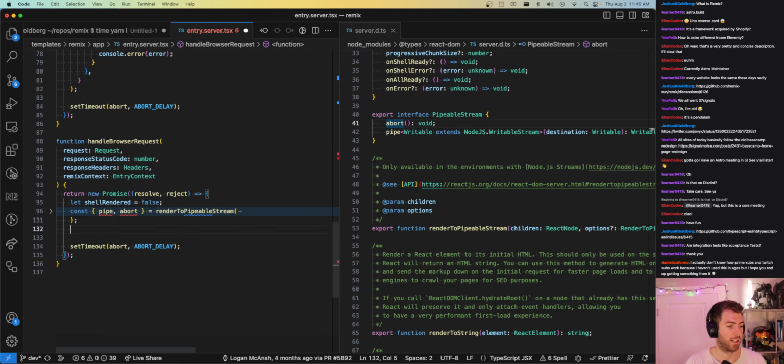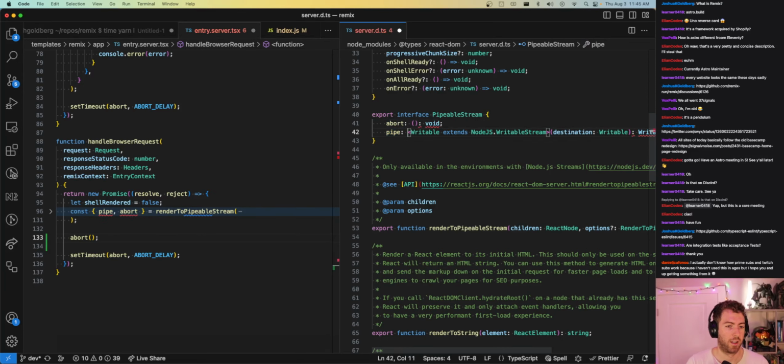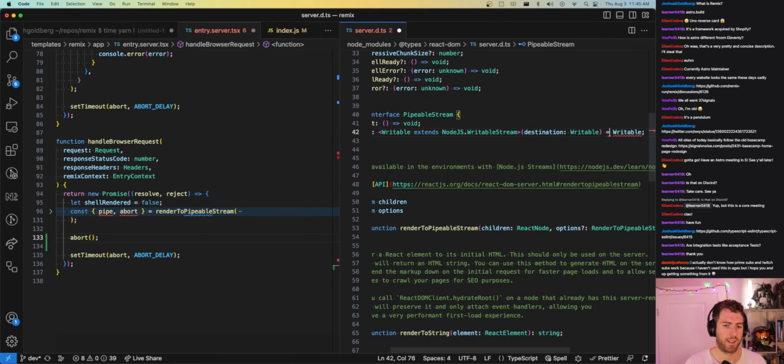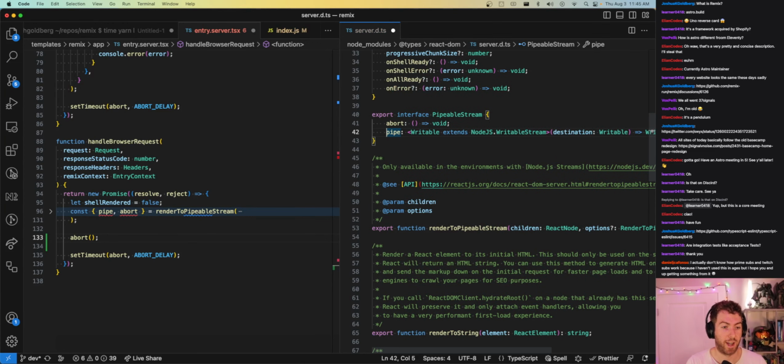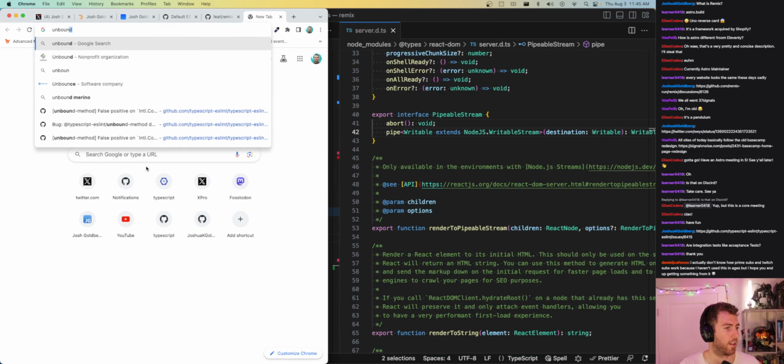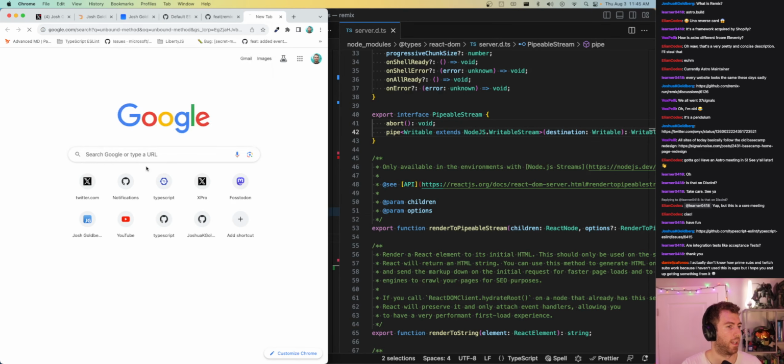So if you were to just call it separately, like pipe, then that might not work, because maybe pipe uses this, or abort maybe would use this. So for these you typically switch to this type of declaration, one that says it is a property, and that property just so happens to be of type some object. And in case that didn't make any sense, because I know this is kind of nitpicky and weird,